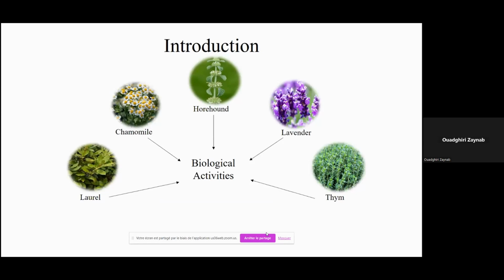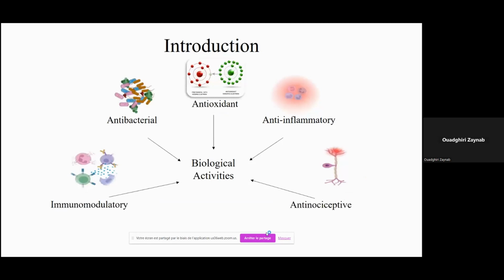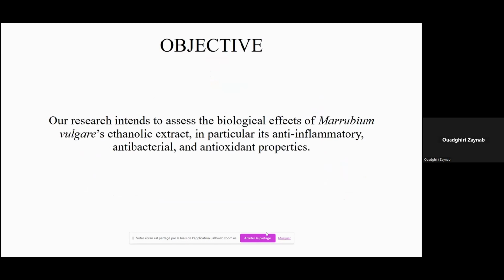Traditional medicine is widely used in Morocco. Thus, various plants are used to treat a lot of illnesses, including bacterial infections and inflammatory conditions. Due to its widespread use in Moroccan traditional medicine, we decided to focus our research on Moroccan Marrubium vulgare, called horehound. Our research intends to assess the biological effects of Marrubium vulgare ethanolic extract, in particular its anti-inflammatory, antibacterial,